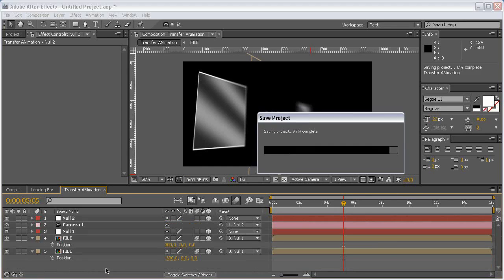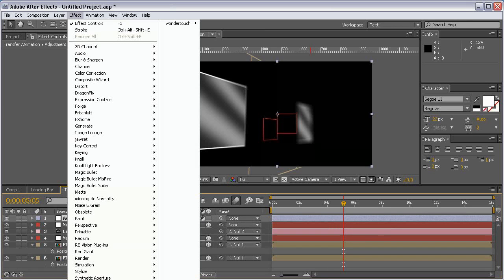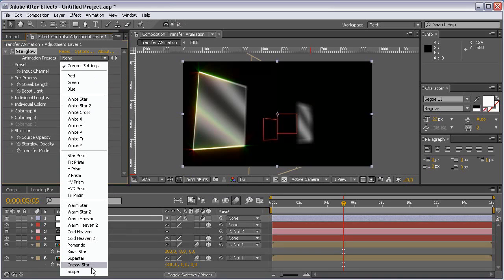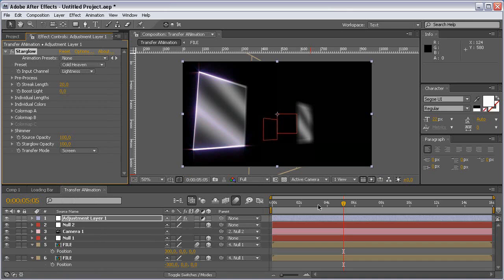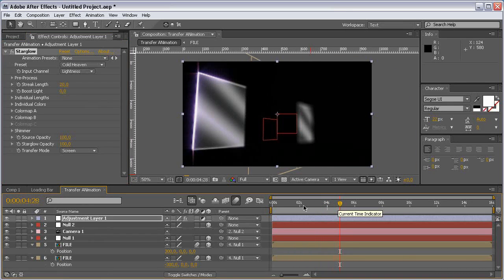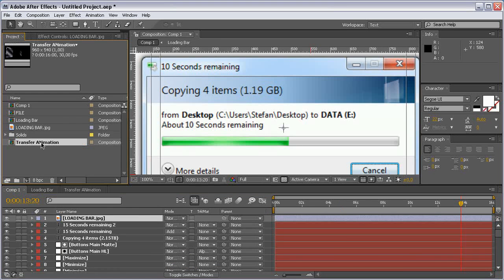Another thing we need to apply is an adjustment layer and of course Star Glow to make them shine. So let's choose Code Heaven preset, and this is our preset here,